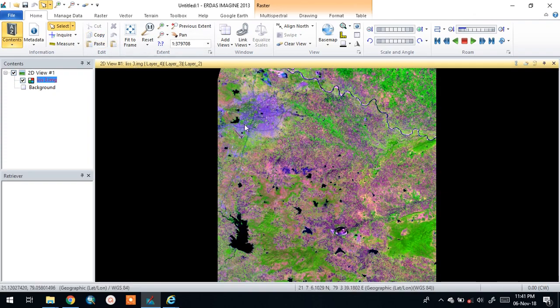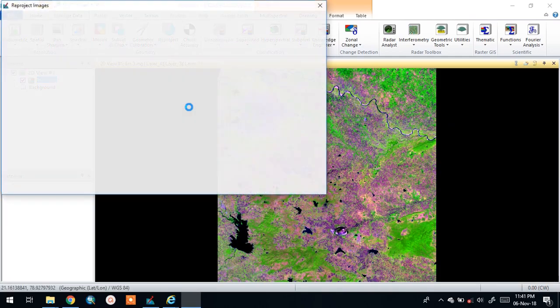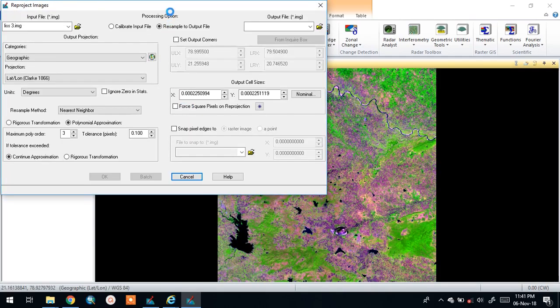To reproject this image, go to raster, and here you can see the option reproject. Click on it. See, here the input file is LISS-3, and in the categories you can see here geographic coordinate system.